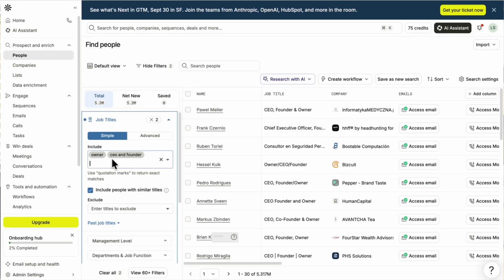So step one is to choose the right job title. The first filter I'm going to use is job title. This is extremely important, okay? If I'm selling something that requires a business owner to make the decision, why would I spend my time contacting an entry level employee who can't make that decision? Instead, I might search owner,